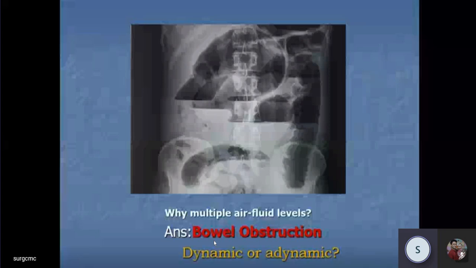First question, is it a dynamic obstruction or an adynamic obstruction? Second, is it a large or small bowel? Now I believe you know something about dynamic or adynamic obstruction. As I told you in the peptic perforation X-ray, there can be intestinal paresis, an aperistaltic gut, because of sepsis, because of peritonitis, because of hypokalemia. There is no movement of the intestines. So there you will get adynamic obstruction. But a dynamic obstruction is usually mechanical, be it intestinal knotting or some kind of obstructing lesion within the lumen. That is a dynamic, mechanical obstruction.